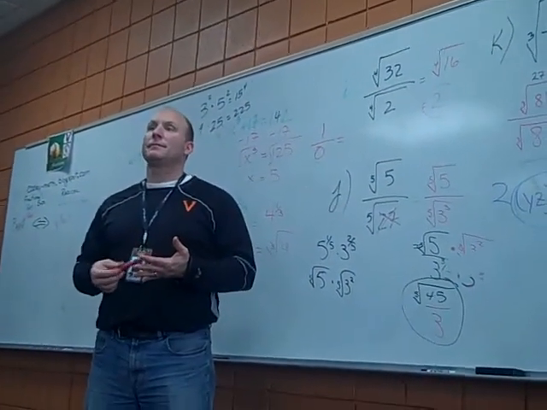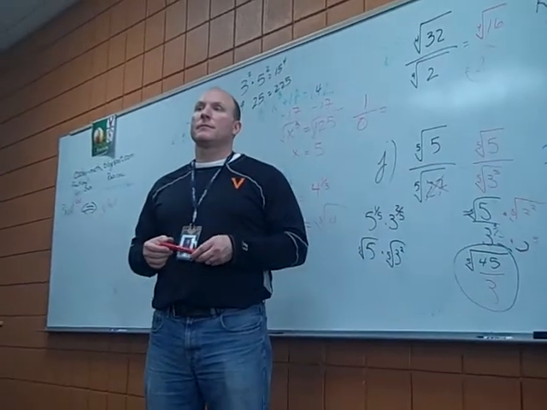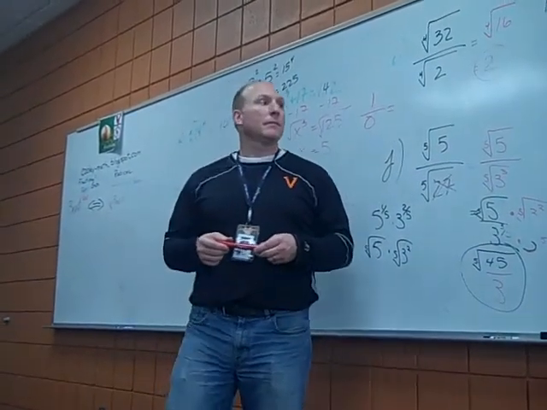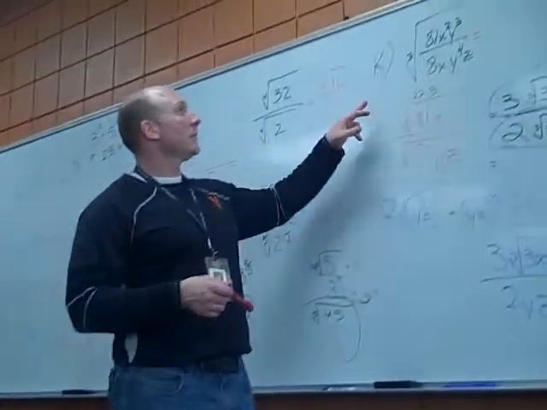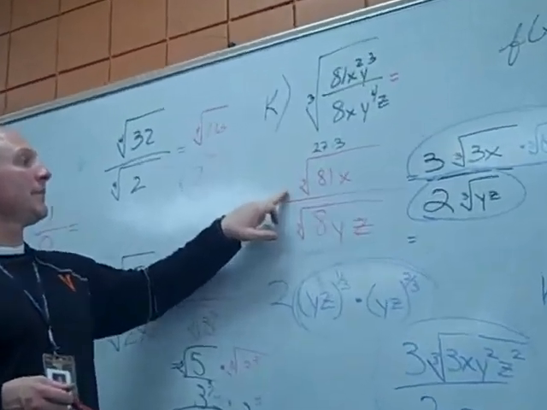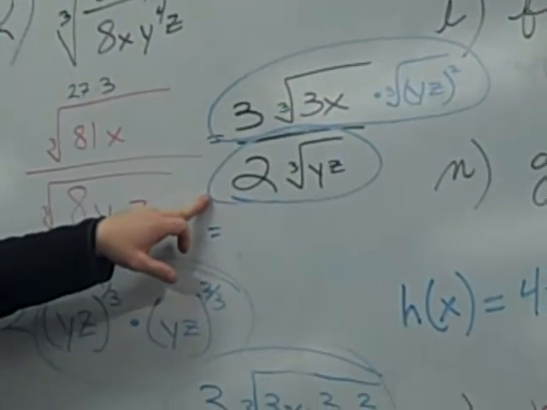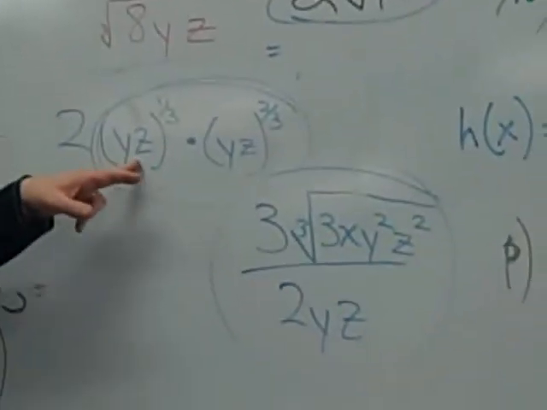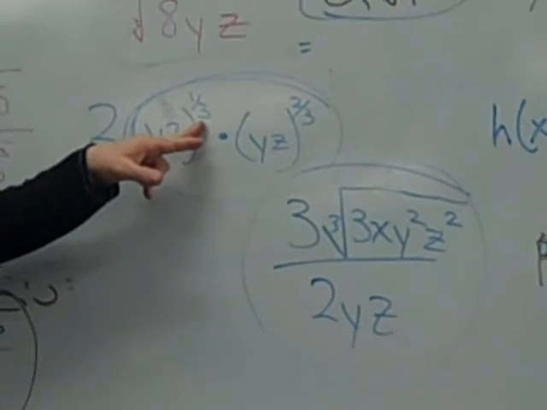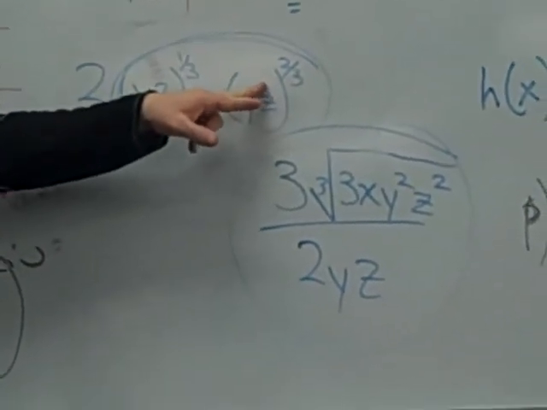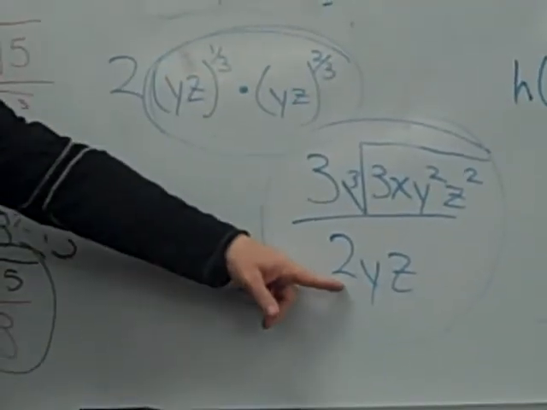Going back to this A, I thought we got rid of the radical and that you couldn't have, like where you circled it on the blue part right there, like on the bottom. I thought you couldn't have the radical. I didn't. That's why I came down here to show you. I moved it to a fractional exponent. Yeah. And then I multiplied by yz to the 2/3, so I just end up with